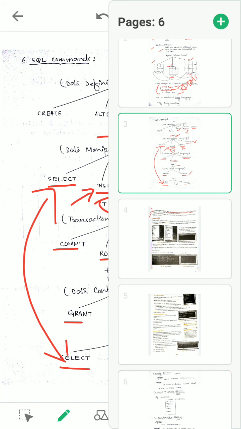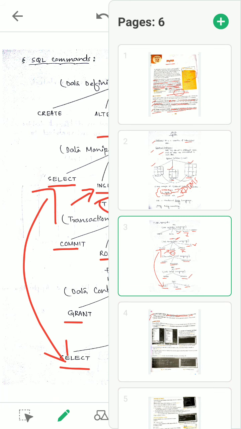After finishing this part, you just go back and listen and watch the video again up to this much. That means you just refresh your concept. Once you have gone through the video up to this much, again you start from the beginning up to this much, then you start for the next.